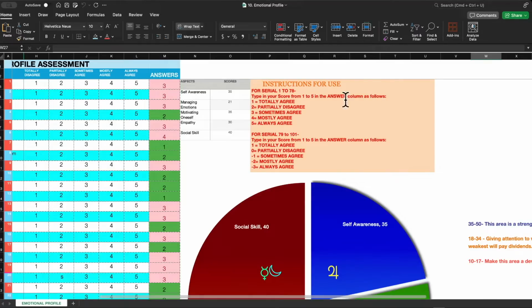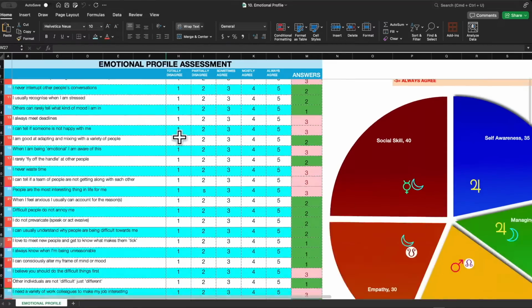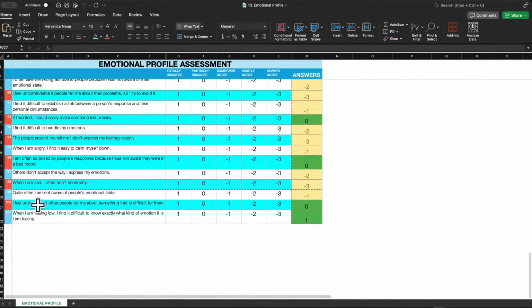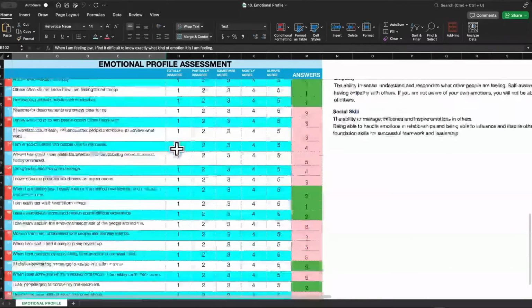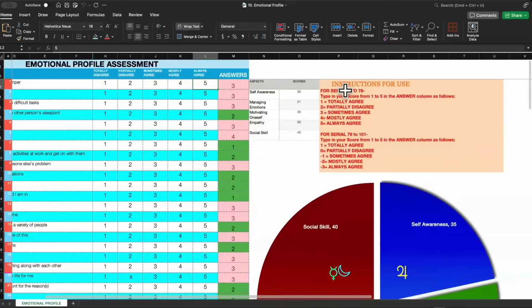See all the details. So this one, emotional profile assessment, has got about 100 questions exactly. See, 101 questions, right? And this one would tell you on a scale, the rating is going on scale. As you can see, totally disagree, partially disagree, sometimes agree, mostly agree, and always agree. It's got a scale of 1 to 5. Each question you have to answer. And it gives score from 1, 2, 3, 4, and 5. But that is a little tricky